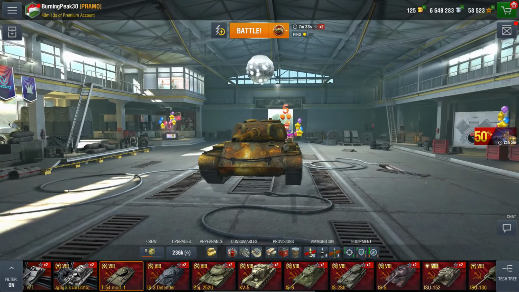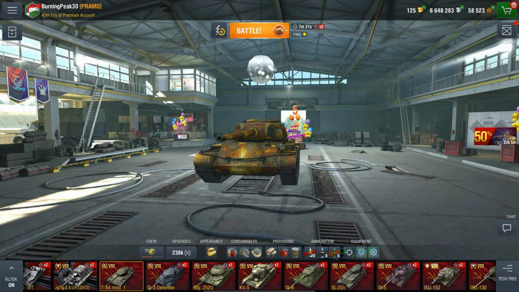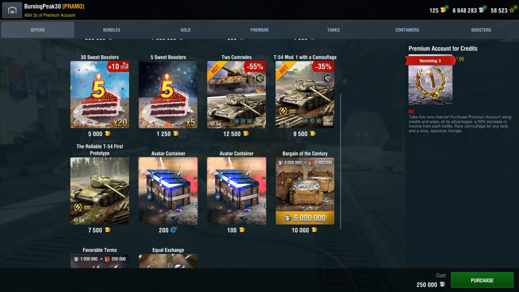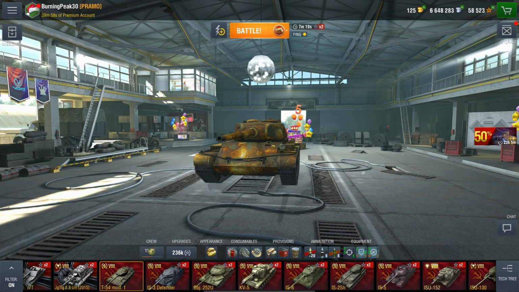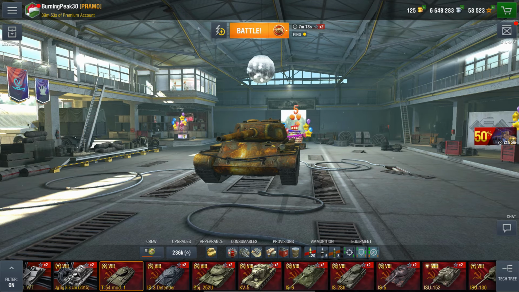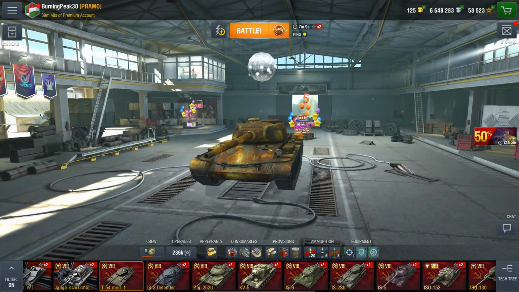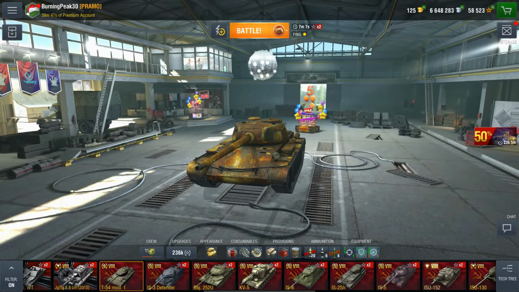I do think that the Mod 1 is a very strong tank. Again, I would highly advise to buy it. I'll double check on how much it costs real quick. Yeah, it's only 7,500 gold. I was even off by 1,000. A T-34 costs 100 less. I would really suggest to buy this. You're not going to regret it. It outperforms every other medium tier 8 that you'll play against pretty much, as long as you use that armor